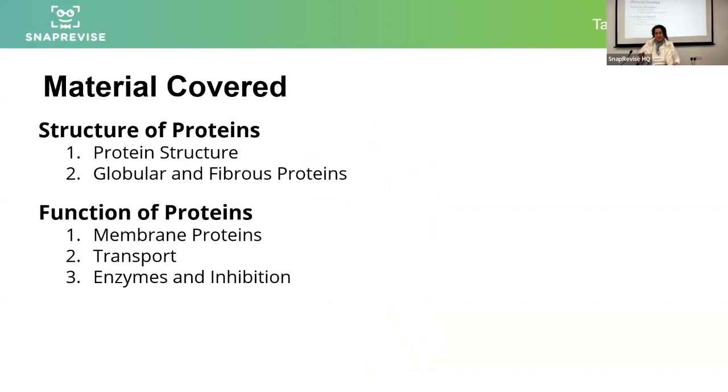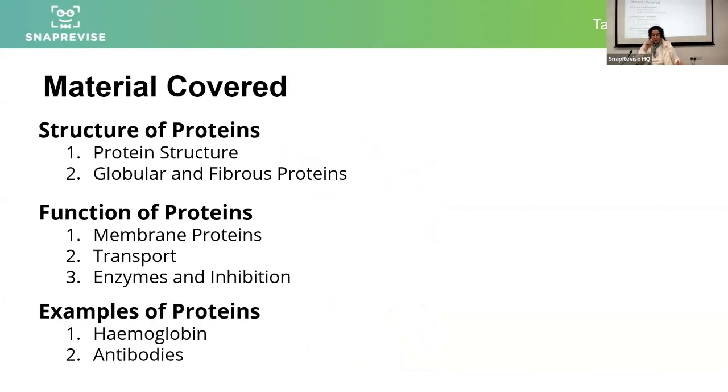So basically membranes, membrane transport, and of course, enzymes and inhibition. That's another key thing that proteins do. And we're going to delve into two specific examples of proteins, namely hemoglobin and antibodies, just because these can be common extended answer questions. Bear in mind that sometimes hemoglobin is also taught in the context of contrasting it to